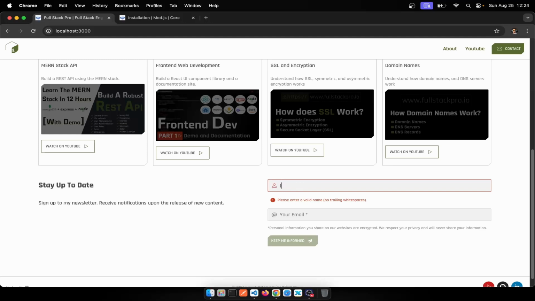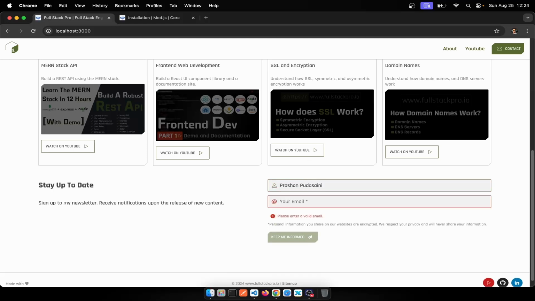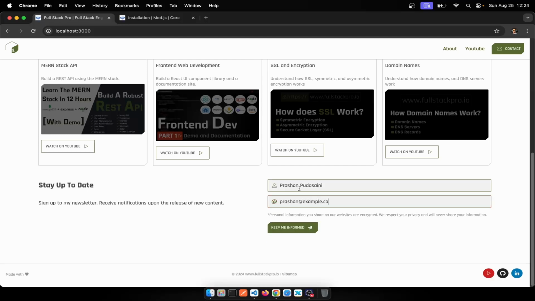So after filling this form, let's say that the user types in their full name, and after they fill out the form, provides an email. So as soon as a user tries to submit this form, once the user clicks on submit form, then a notification should pop up stating whether the form submission was successful or not. Okay, so after the user fills out the form data and clicks on submit, you see that there is